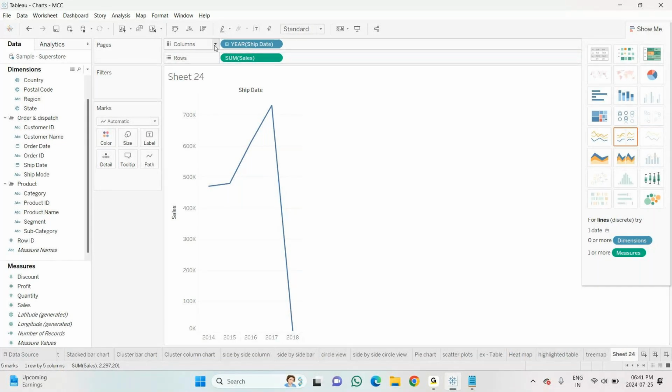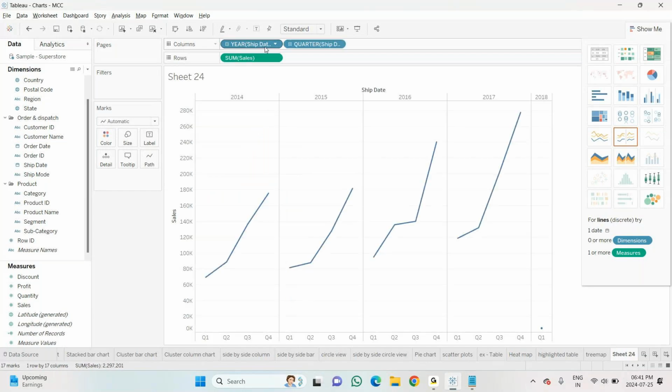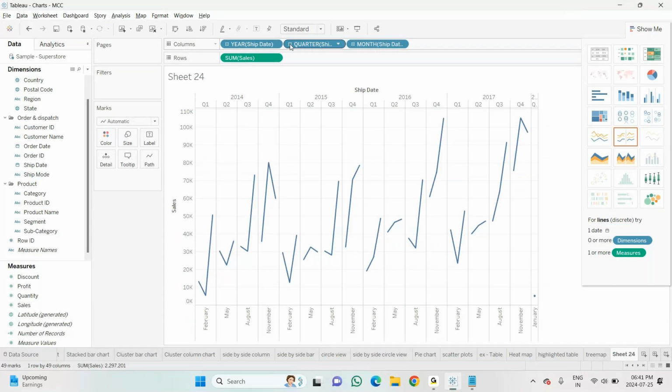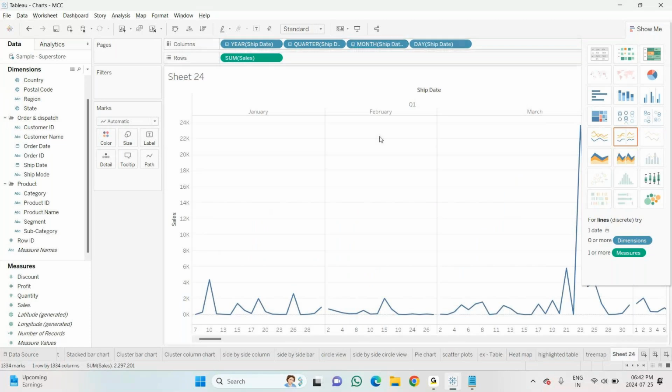Now when I click on this plus, it will give me the quarter-wise report. So same thing, you can see here 14, 15, 16, 17, 18. Each and every year, quarter-wise, it is getting bifurcated, right? Now next one, again I'll click on this plus. Now you can see it is month wise. So January, February, March, April, May. Again, I have one more plus. If I click on this, now it is day wise.